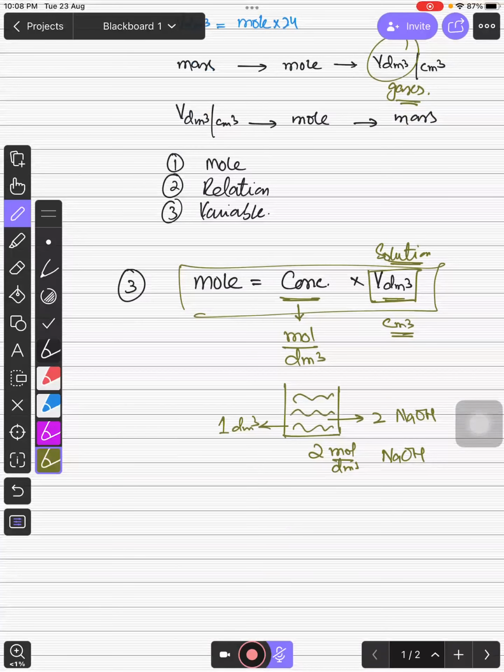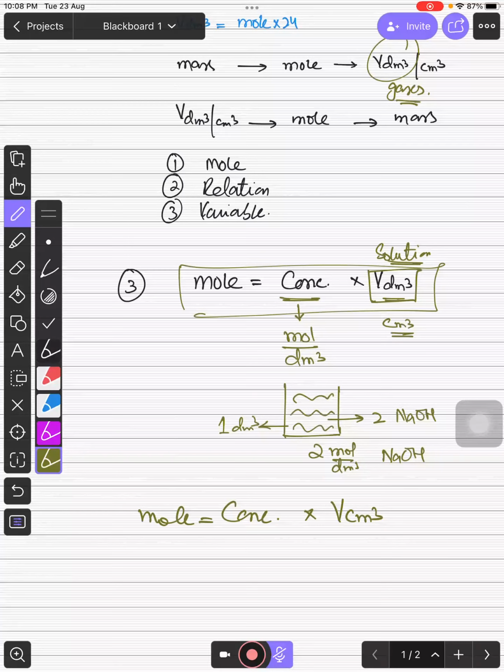But if the volume is given in centimeter cube, remember we need to keep the units the same, right? अब आपको पता है कि concentration का unit तो change होने वाला नहीं है. It is mole per decimeter cube. It will remain same. अब सेंटीमीटर वाले को आपको डेसीमीटर क्यूब में कन्वर्ट करने के लिए डिवाइड बाय 1000 करना पड़ेगा. So this will be the formula for